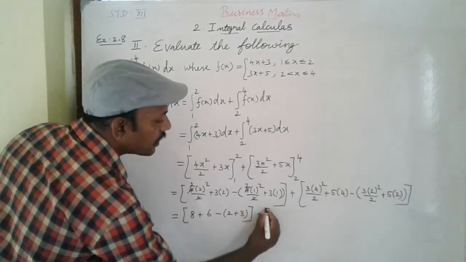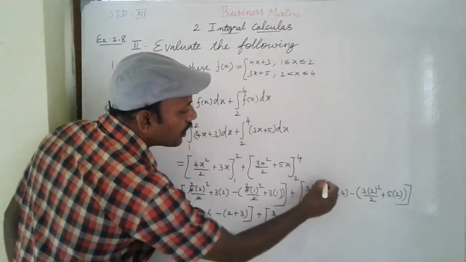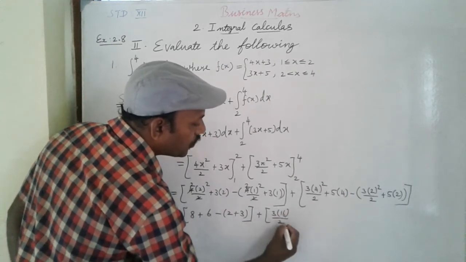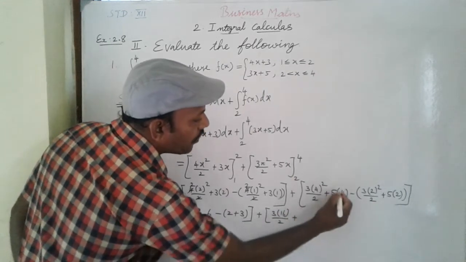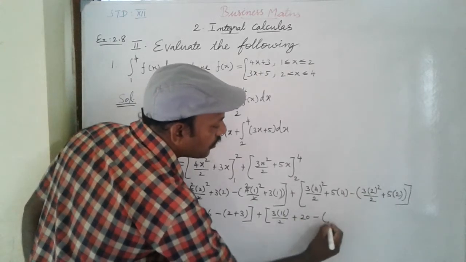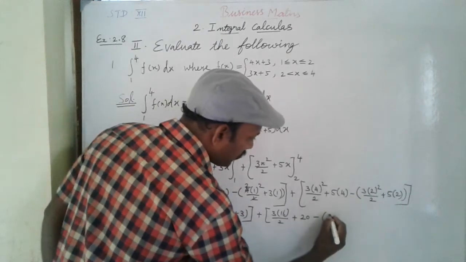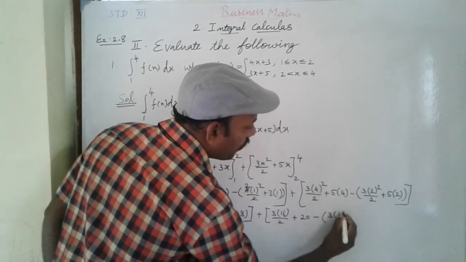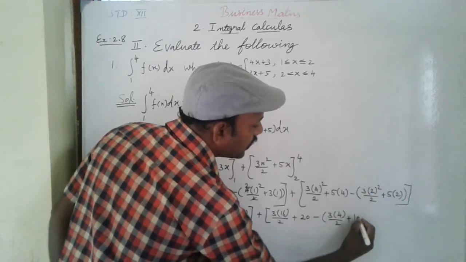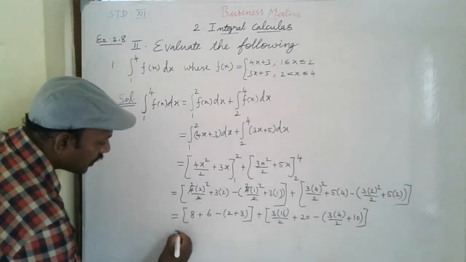Next plus, 3 into 4 square is 16 divided by 2, plus 5 fours are 20, minus 3 into 2 square is 4, 3 into 4 divided by 2, plus 5 is 10. That is equal to